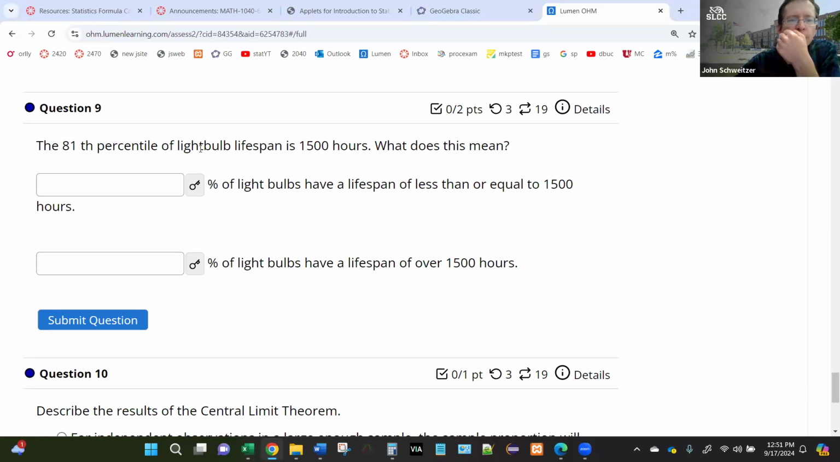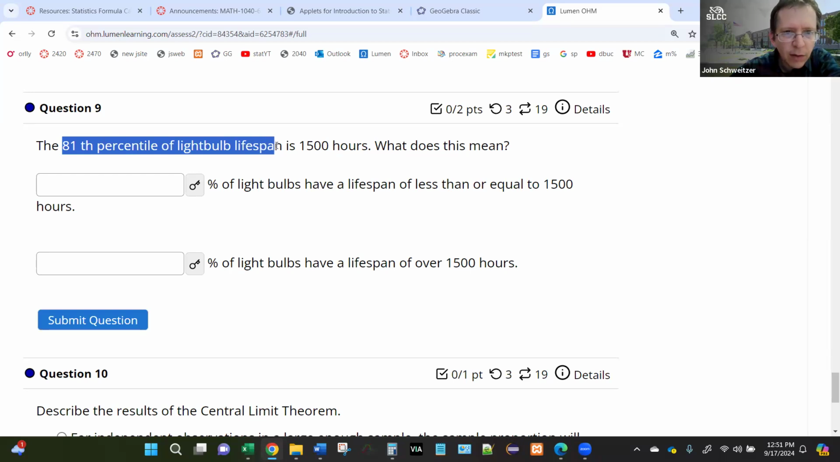So we have light bulbs, and light bulbs eventually burn out. Some light bulbs last longer than others. If you've bought light bulbs before, you know that they give you an idea of how long they're supposed to last, right? If you want a light bulb that's going to last longer, you spend a little more money. Or if you want to spend less money, you can buy a cheaper bulb and it just doesn't last as long, right? That lifespan is typically measured in hours. So they're saying here that the 81st percentile of light bulb